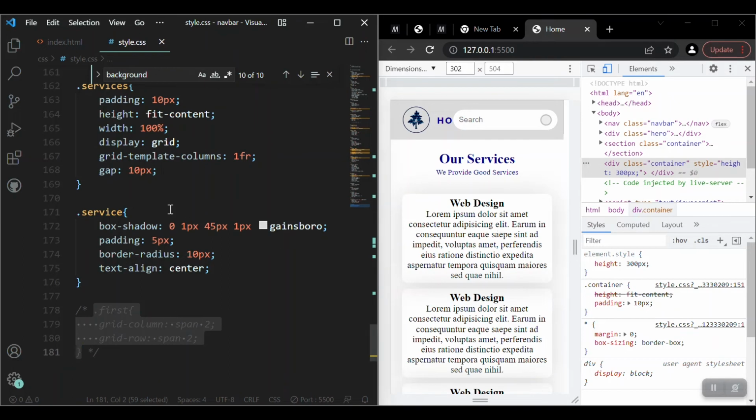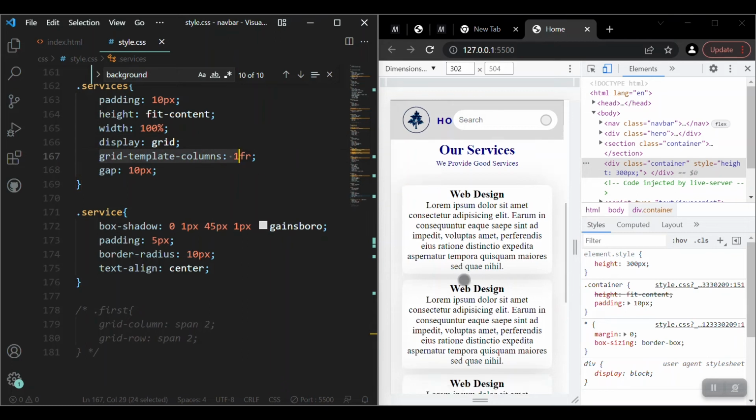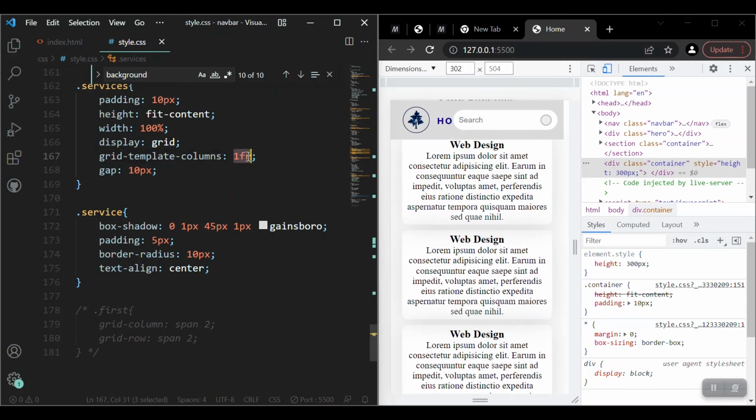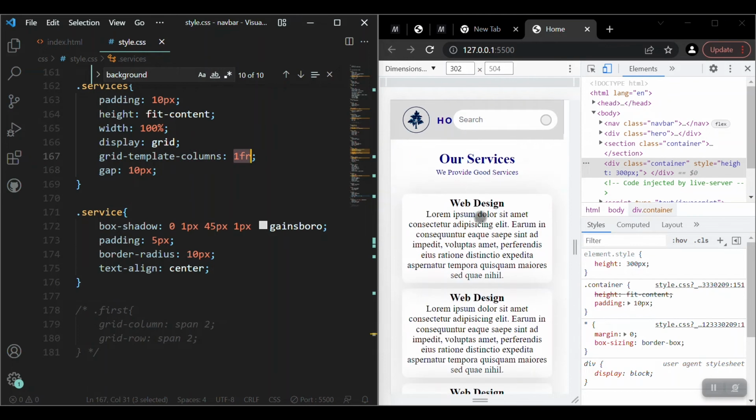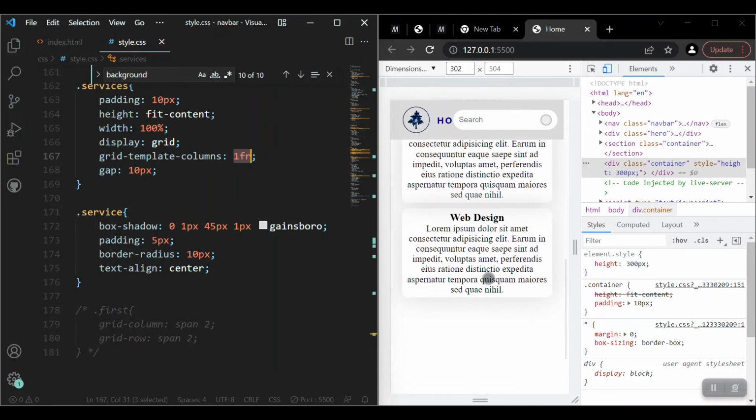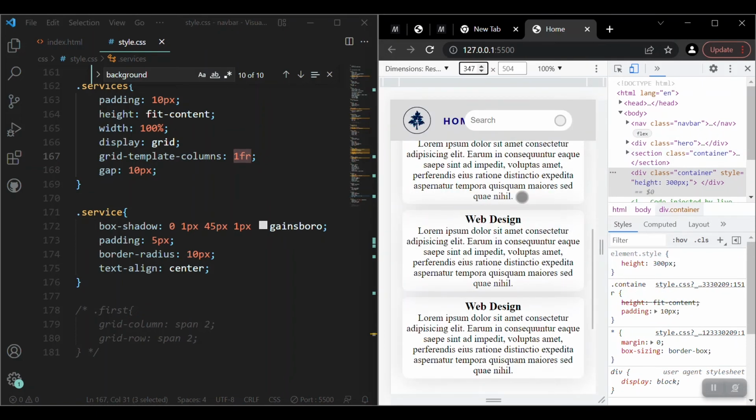You can see that we have used the grid system, but the column template, or number of columns, is only 1, so it will take all the space, and the first, second and third will all be under each other. But now I'll test it for some more devices,